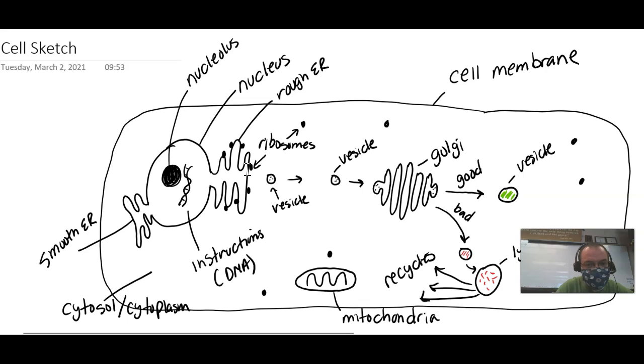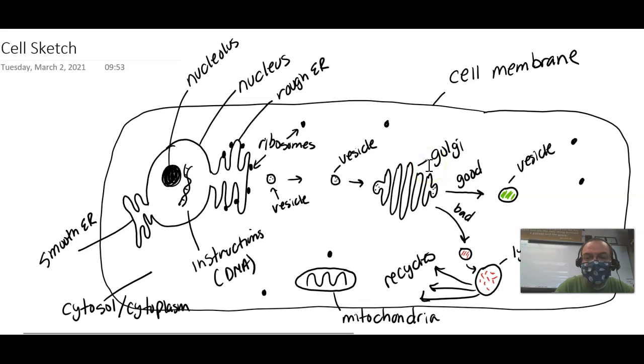make things. And what they make, we package in these little containers called vesicles. So here's a vesicle, and it moves over here. It's basically like a food tray, like a cafeteria tray. And it comes over here, and the vesicle merges. It's almost like two soap bubbles coming together, merges with this stack of membranes, and they're called Golgi Bodies or